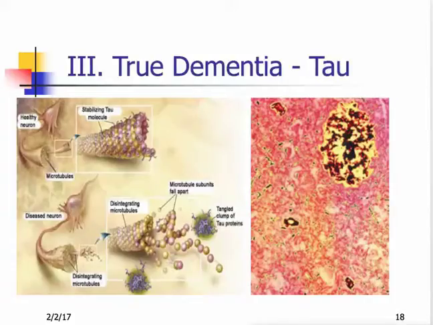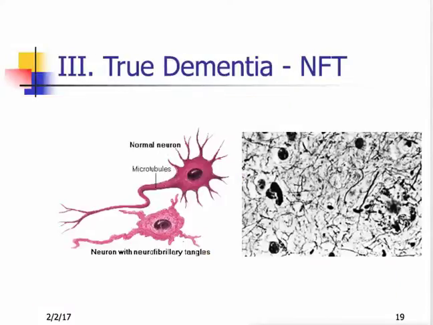Now, in true dementia, you have the tau proteins. I don't know if anybody in our group is familiar with traumatic brain injury, but they also see these tau proteins in persons who've had traumatic brain injuries. So some of the football players, boxers that have donated their brains, they've really seen these problems. So you can see a difference in some of the healthy neurons versus the tau ones.